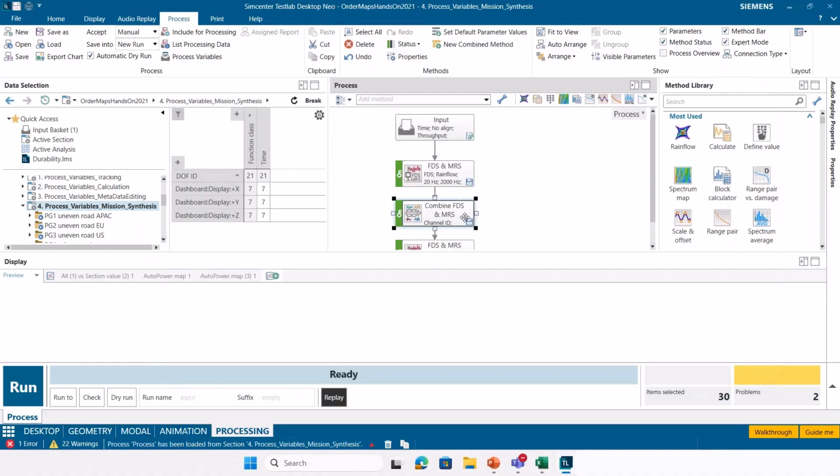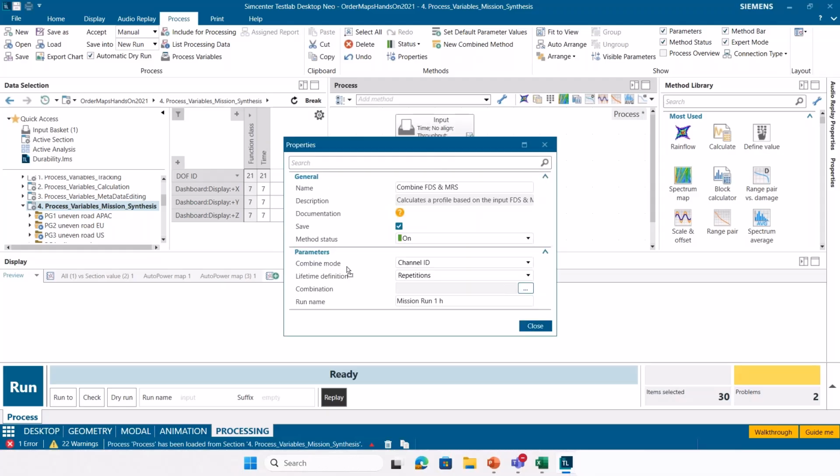If I look at this combine FDS and MRS method, I can choose how to define the lifetime. So I'm going to define it in repetitions. Something new that was also added is the ability to define the lifetime in lifetime percentage, which I think is also a very nice feature, but we'll keep it to repetitions for right now.